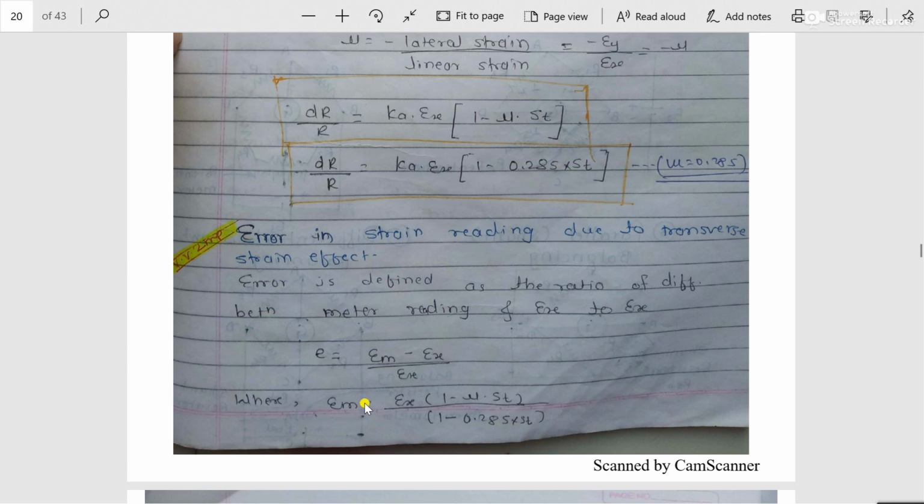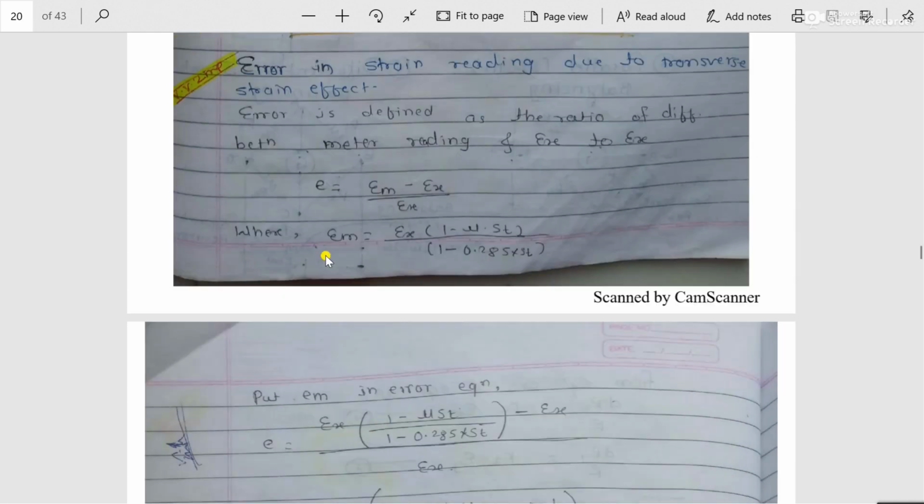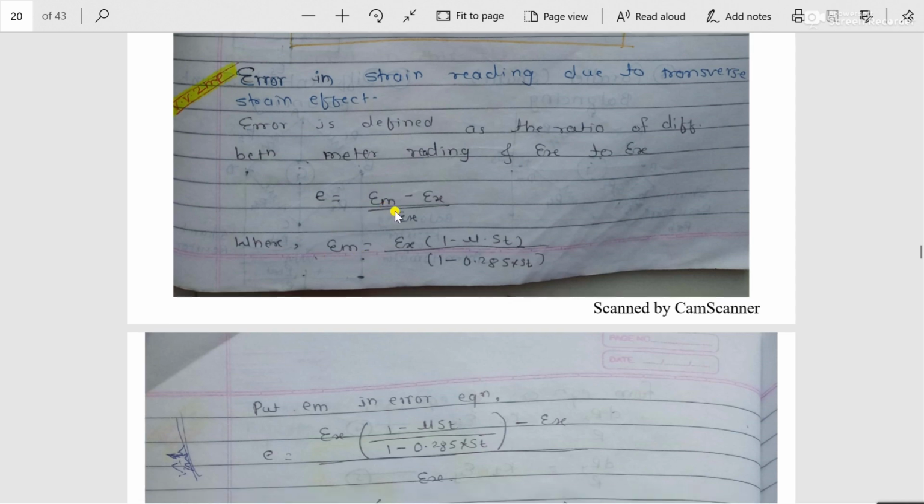And whatever the meter reading we have to calculate, that meter reading can be calculated by using this particular equation, that is epsilon m is equal to epsilon x (1 minus mu into St) divided by (1 minus 0.285 into St). And by putting this epsilon m in the meter reading, I can derive the small equation for calculating the errors, that is E is equal to, by putting this epsilon m in this error equation,